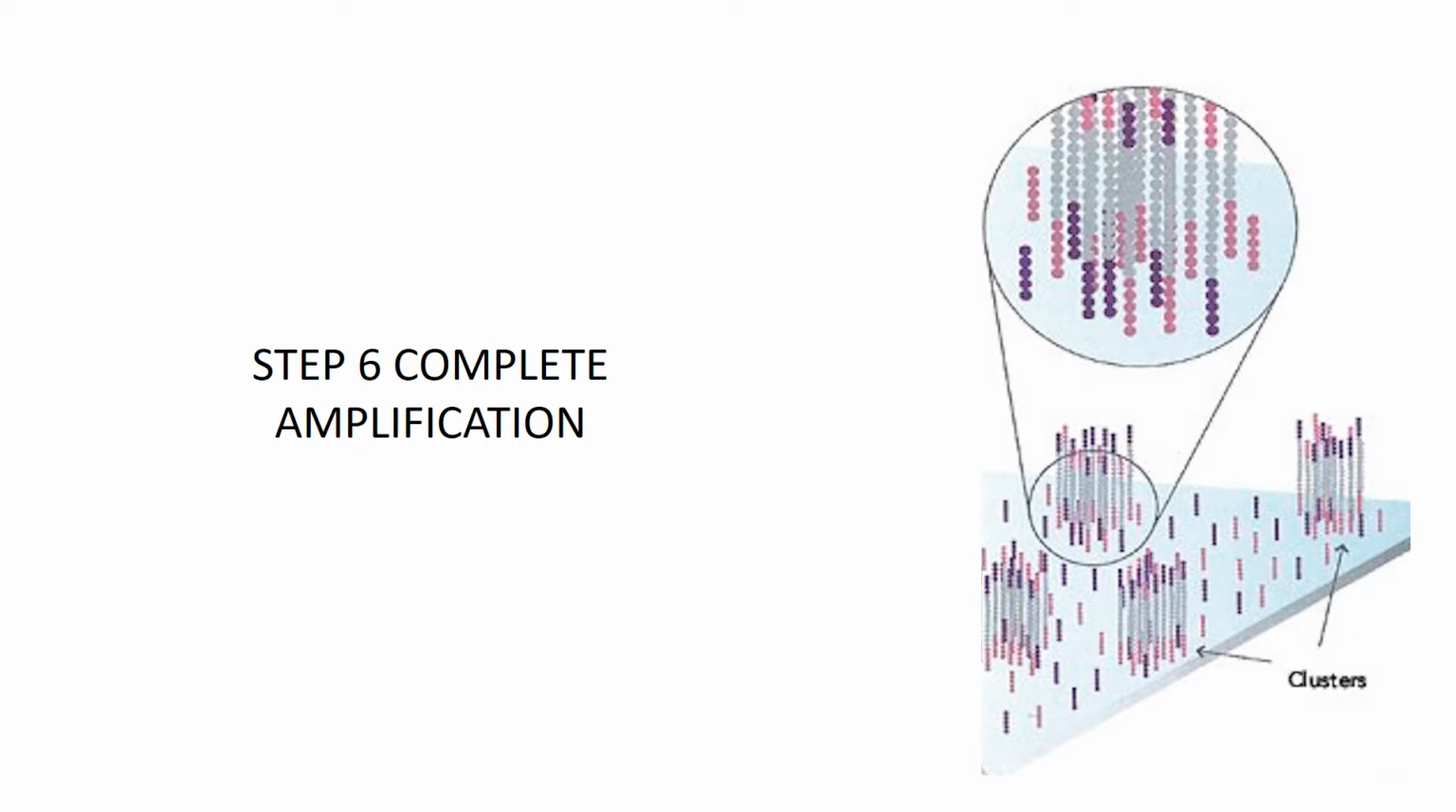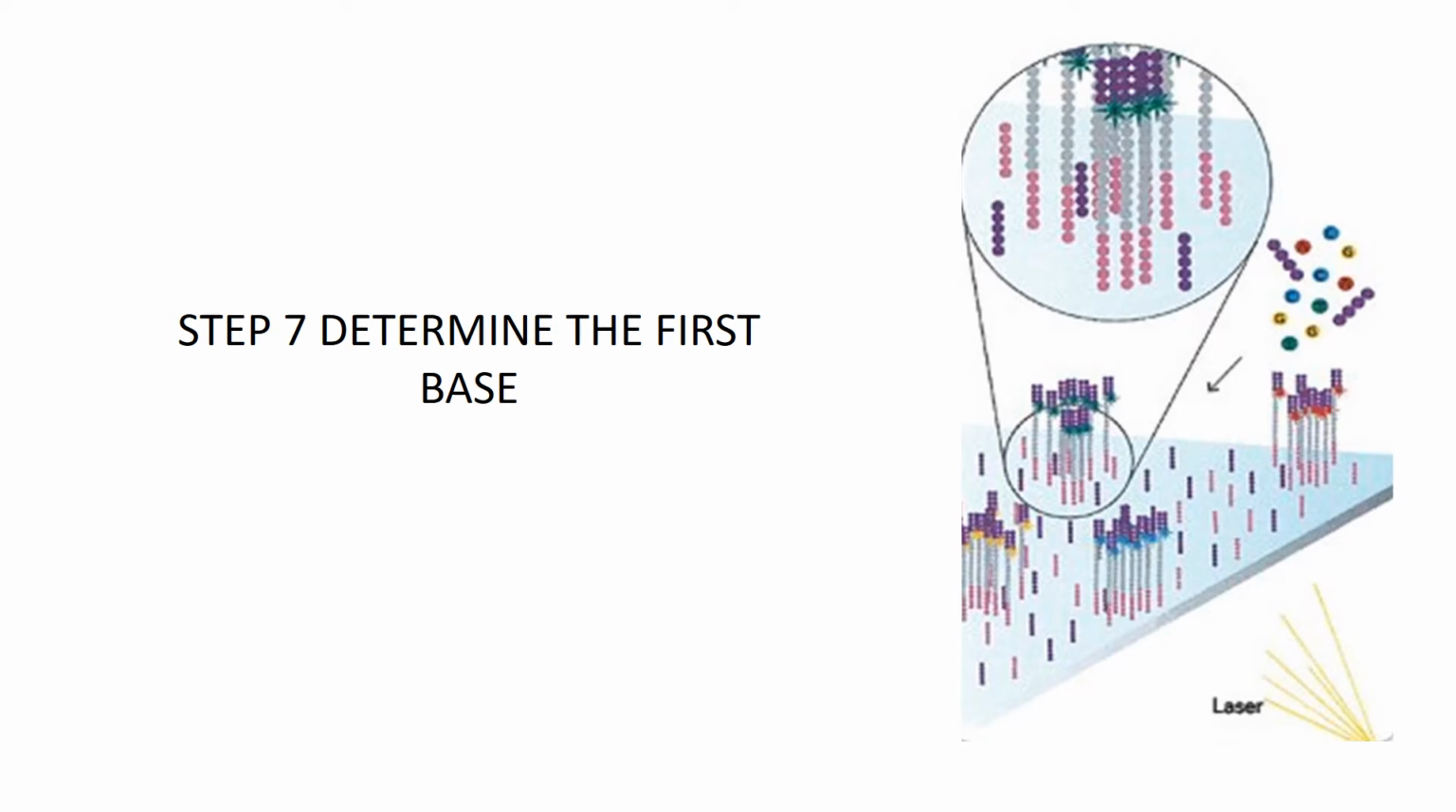Step 6. Complete amplification. As a result of the previous steps, several million dense clusters of double-stranded DNA are generated in each channel of the Illumina flow cell. We now have enough DNA to begin sequencing. Step 7. Determine the first base. This is the first chemistry cycle. To begin the first sequencing cycle, all 4 labeled reversible terminators, primers, and DNA polymerase are added to the flow